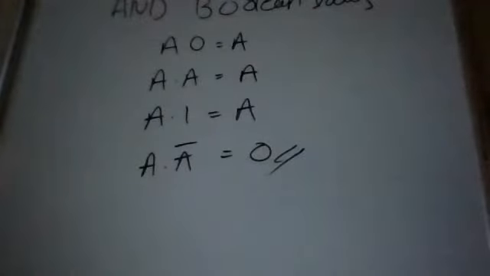Next, AND gate Boolean laws. The Boolean laws are written as A dot 0 equal to, A dot A equal to, A dot 1 equal to, A dot A bar equal to 0. These are the four conditions. So after AND gate,